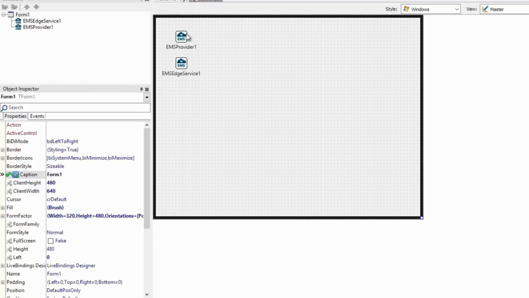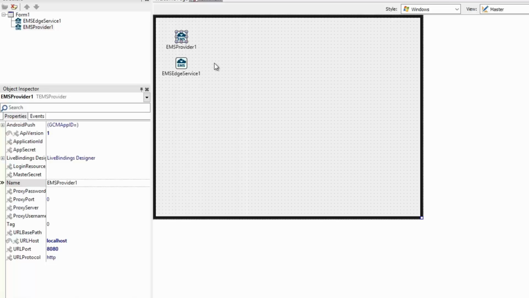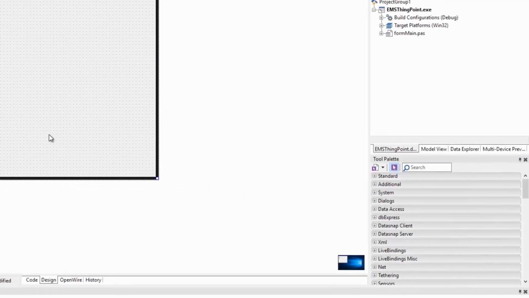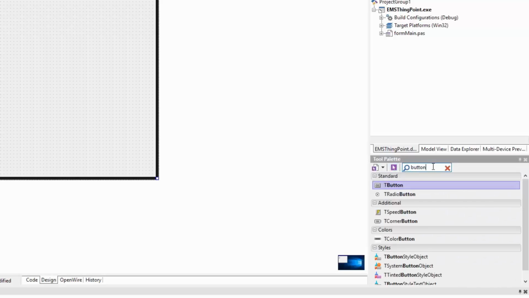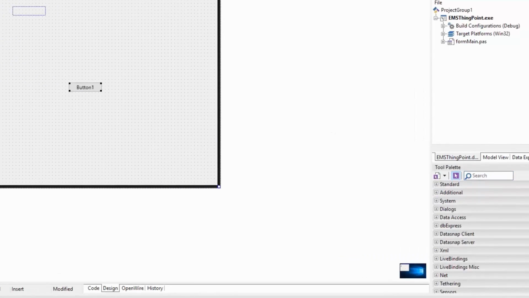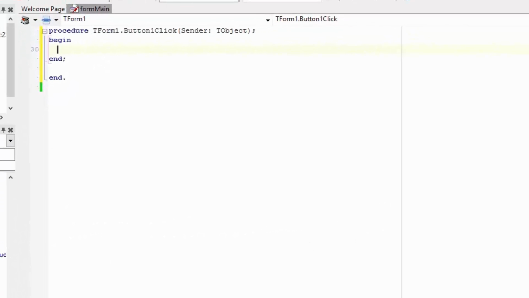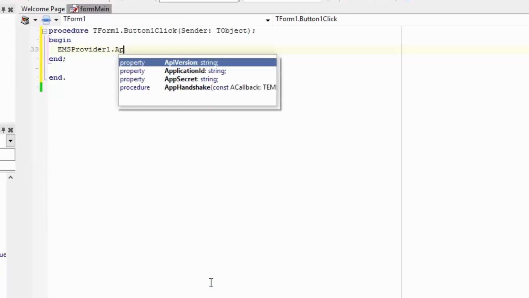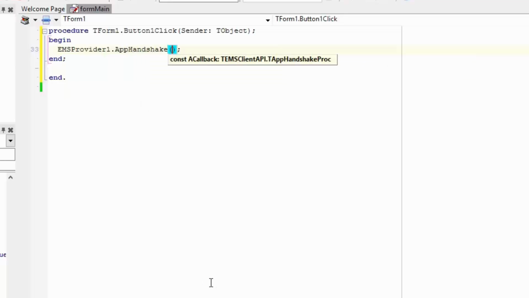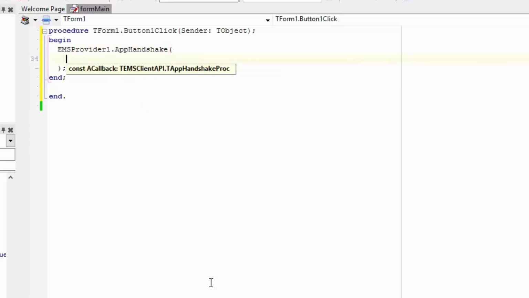Okay, so now we've set these properties up, let's see what we can do with these components. The first thing I'm going to do is use the EMS provider to make sure I can do a handshake with my EMS server. So I'm going to go ahead and drop a button on my form here, and I'm going to set the text property to handshake. And what this means is that I should be able to do a test call to the server just to make sure that it's there. The way I'm going to do that is I'm going to call EMS provider 1 app handshake, and then I'm going to put in an anonymous method, and the prototype is procedure,